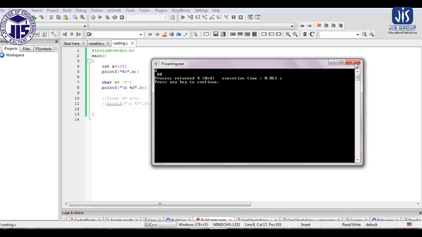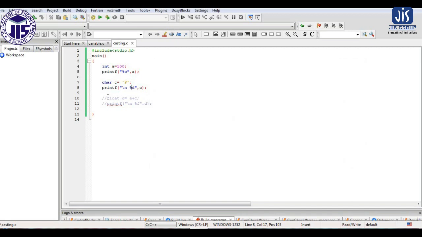Similarly, if I extend the program right here, I have taken another variable D, whose type is float, and we add A plus C. What is A? A is an integer type variable. What is C? C is a character type variable.